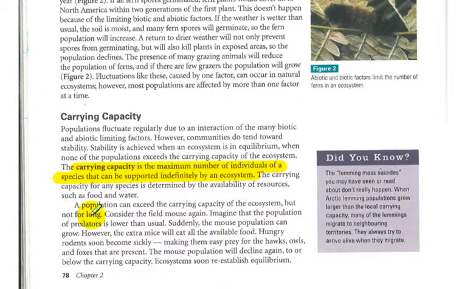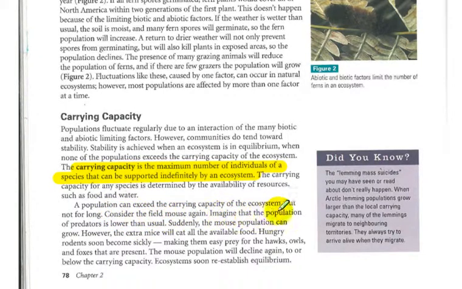but not for long. So of course, in the video they took drastic measures with pesticides, but even if they didn't do that, the population would continue to increase, but eventually the food would run out and the mice would start dying. But of course, they wanted to shorten that time span, so in the video they used the pesticide.